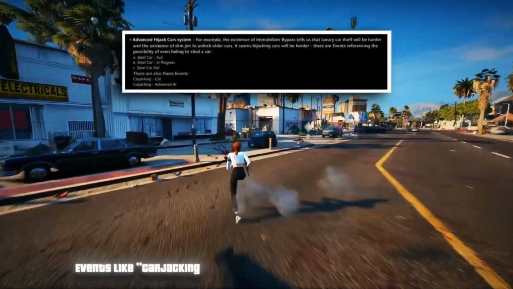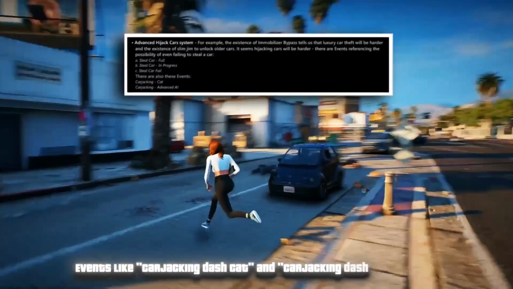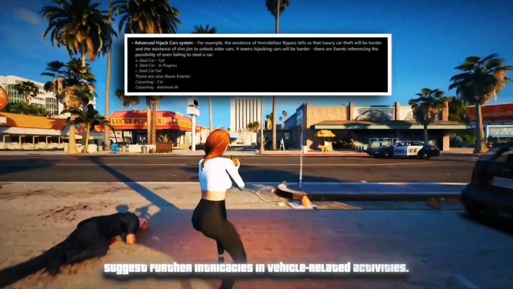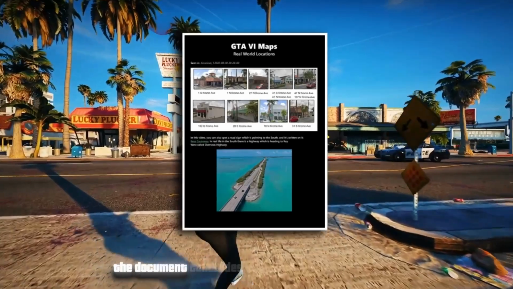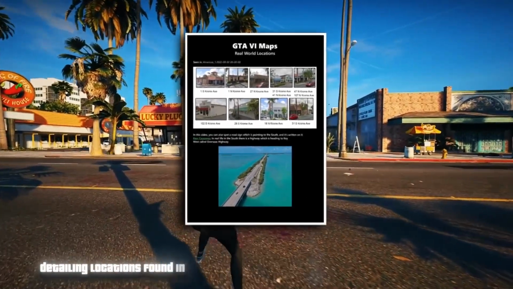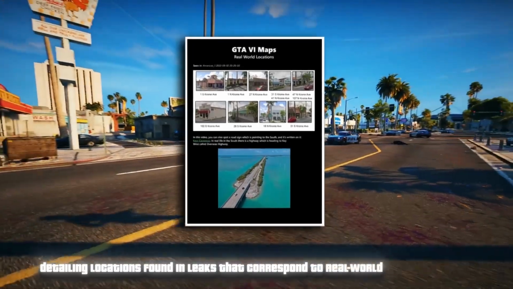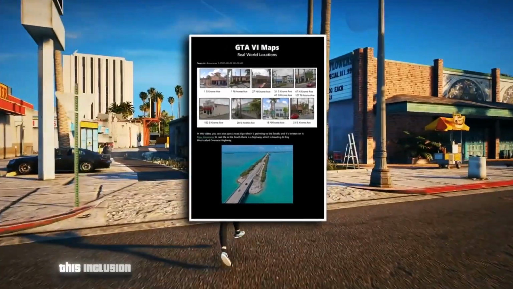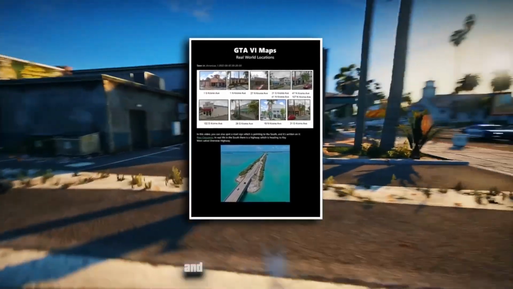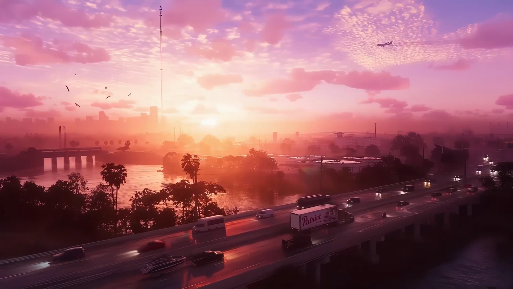Events like Carjacking-Cat and Carjacking-Advanced AI suggest further intricacies in vehicle-related activities. Finally, the document concludes with approximately 20 pages detailing locations found in leaks that correspond to real-world locales in Miami. This inclusion underscores the meticulous efforts put into crafting a rich and immersive game world, focusing on virtual navigation in